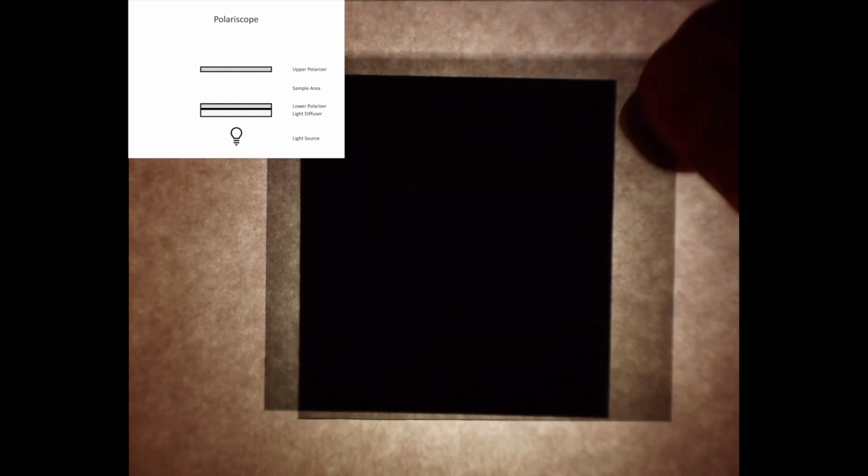Because we can see light through both polarizers at this moment, that means that the vibrational direction of light allowed to pass through our lower polarizer is actually the same as the vibrational direction of light being allowed to pass through our upper polarizer. So what we're going to need to do here is just rotate our upper polarizer by 90 degrees, and now we have